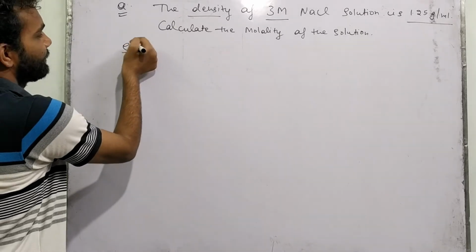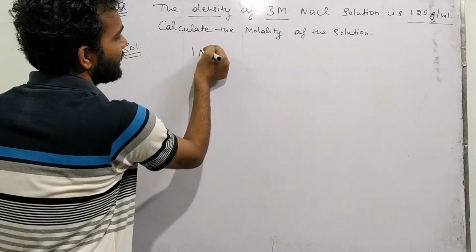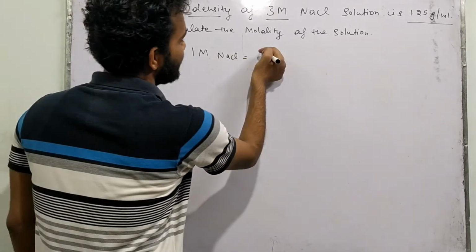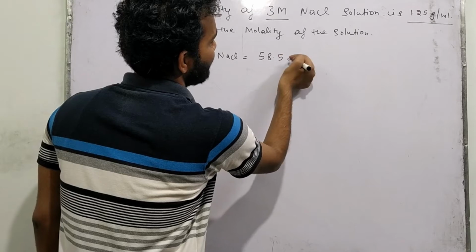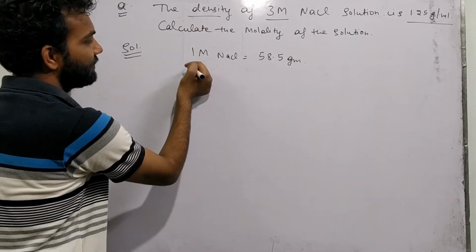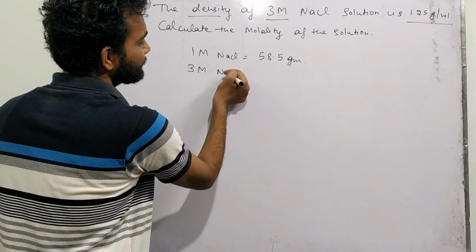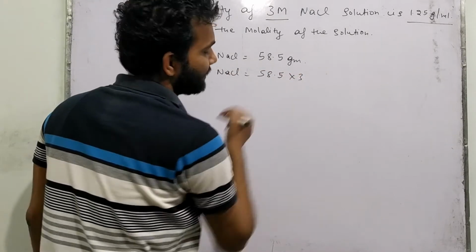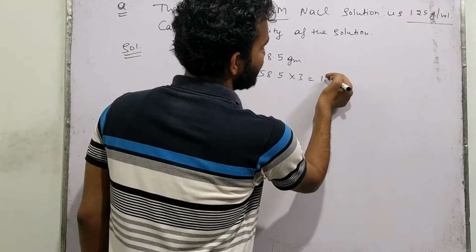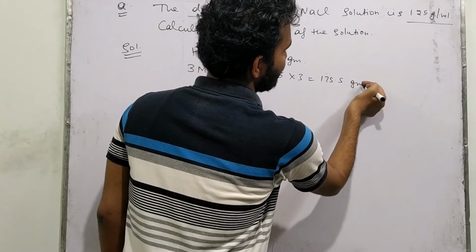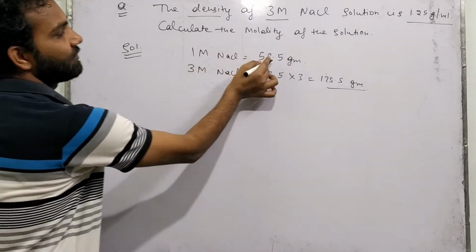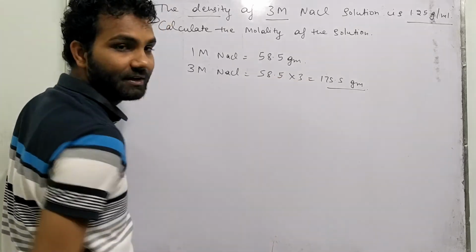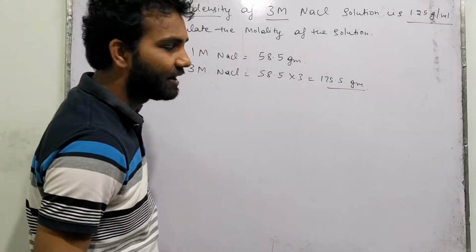Means if we have 1 molar NaCl, the weight of 1 molar NaCl is 58.5 gram. Okay. Now if we have 3 molar NaCl, that is 58.5 multiplied by 3, that is equal to 175.5 gram. Clear? 1 molar 58.5, 3 molar मोलर मास को मल्टीप्लाई बाय 3 कर देंगे तो आपके पास 175.5 ग्राम आ जाएगा।